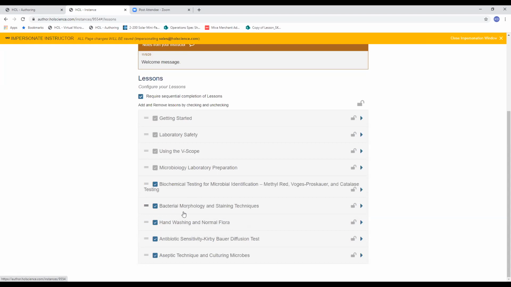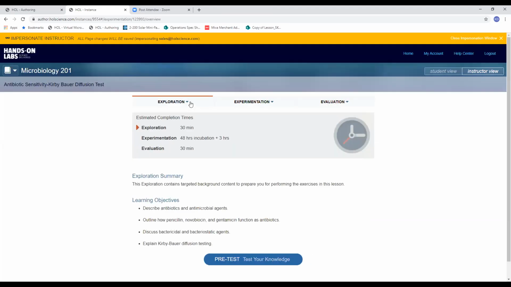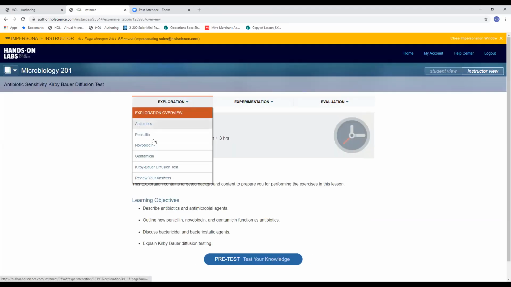So once you have left any welcome messages for your students and adjusted the sequence of the labs that your students will complete, we have given you more tools within any given lesson to really customize the content to best meet the needs of your course. So if we go back into this lesson that we've already viewed, as an instructor on any of the content pages,